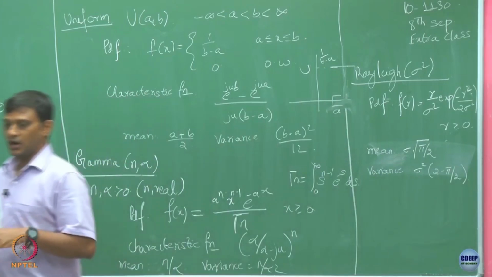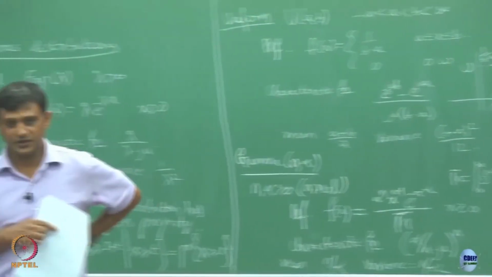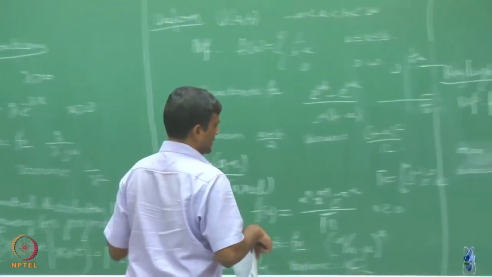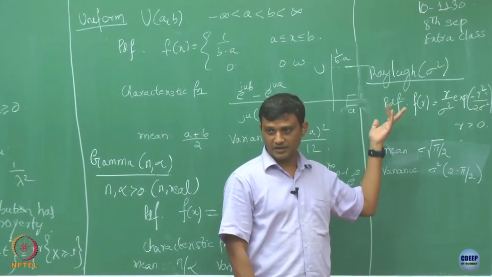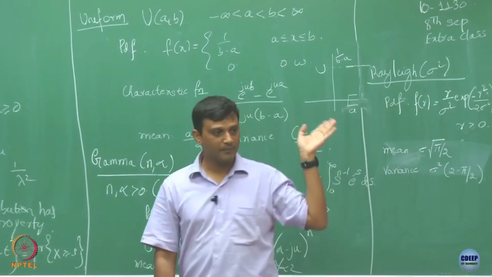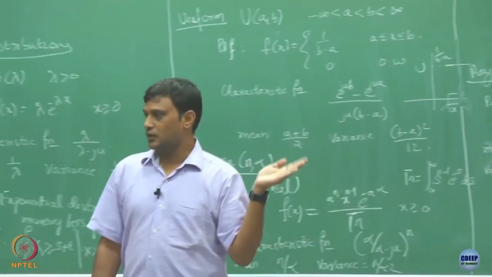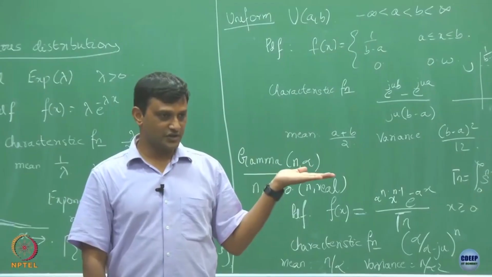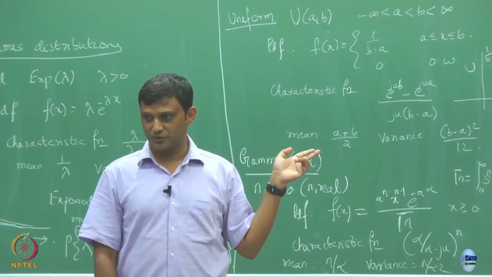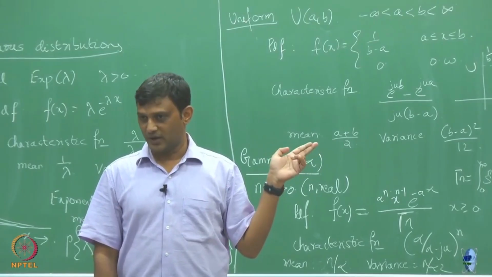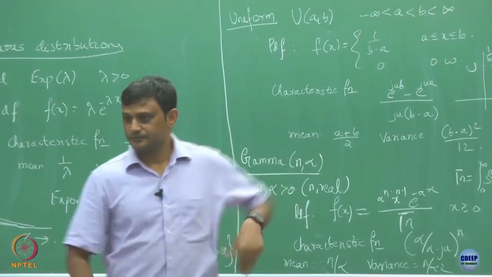Okay, so what is this Rayleigh distribution? I am not going to use this much, but it may be useful to communication network people. It comes in very handy when you have to deal with multiple Gaussian distributions. It so happens that this Rayleigh distribution with parameter sigma square is nothing but